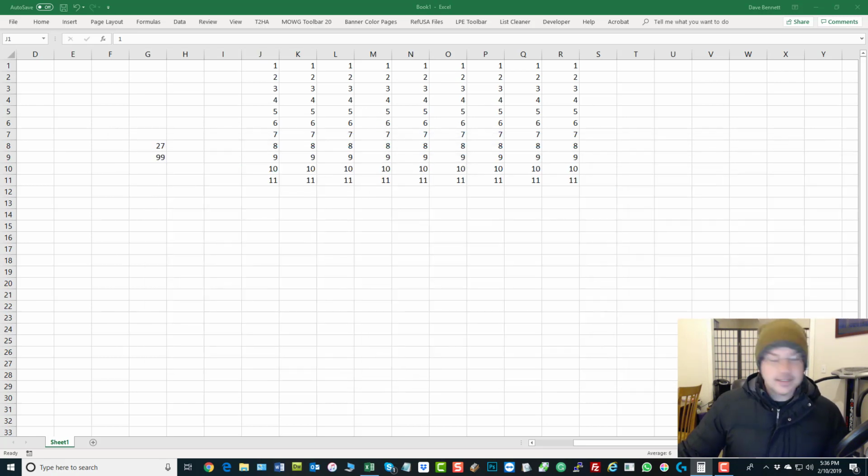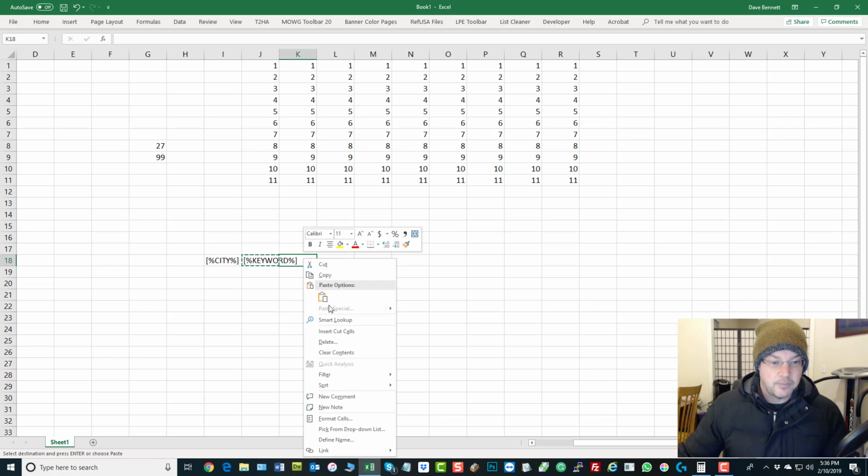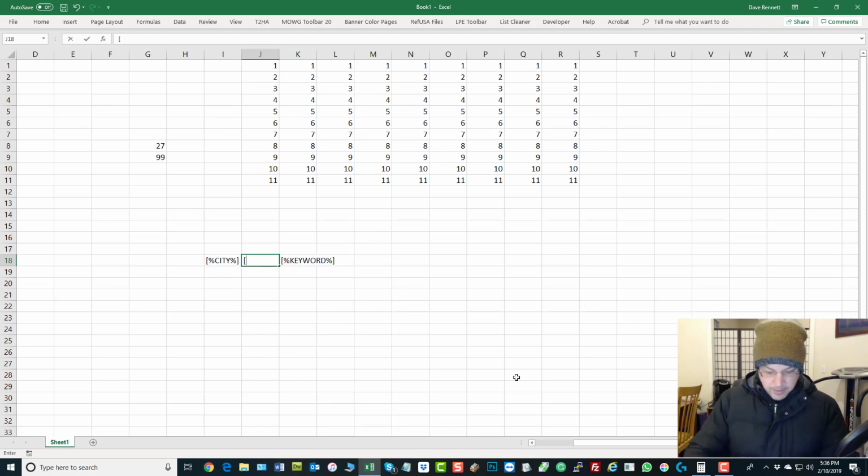Now, that's not all, because within the sentences now, we get to put in tokens. Let me try to make this point clear. Our city token would look like that, right? It could be whatever, but this is what we're using. This is our keyword token. Oh, and service. Let me not forget service. Let me be clear about what those mean.